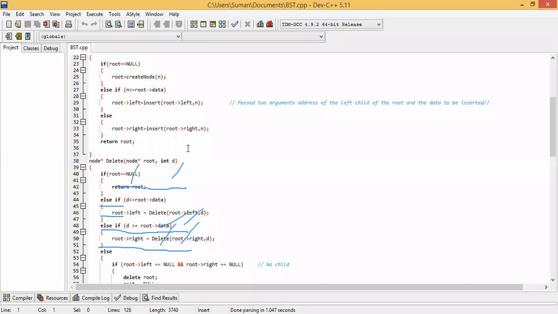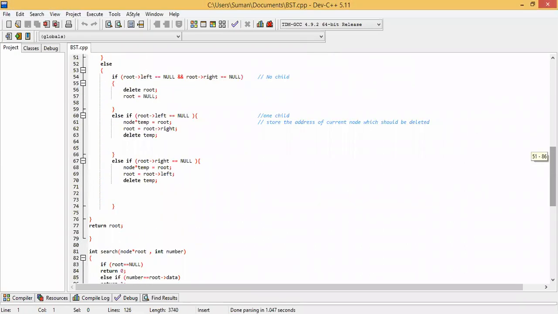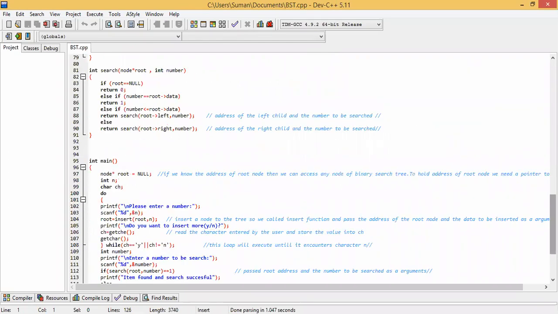Now there is another method, the delete method. How can we delete a value which is present in the binary search tree?